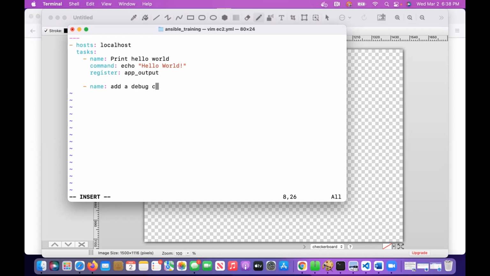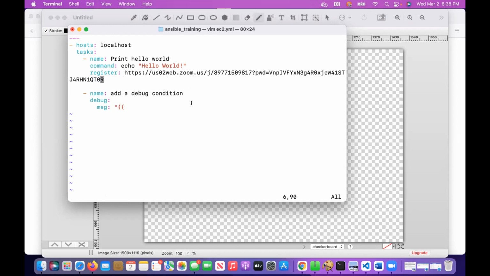Add a debug condition. Debug is a module. msg is a sub-parameter, and this is a variable. So this is how we define variables. I don't know the output of this app output, right? And what I'm going to do,